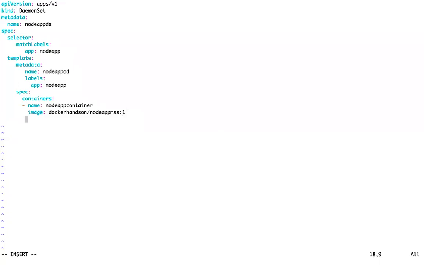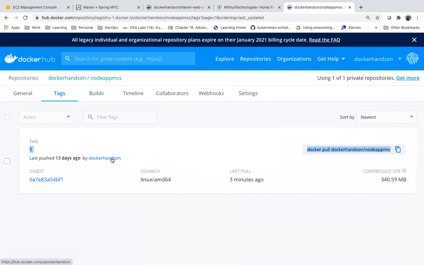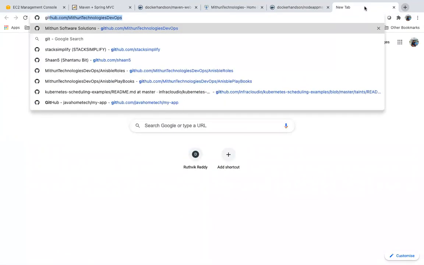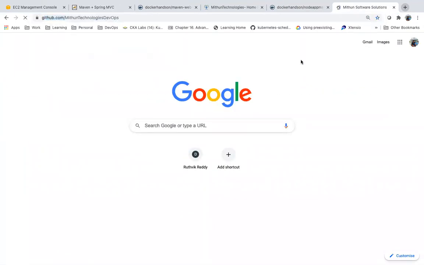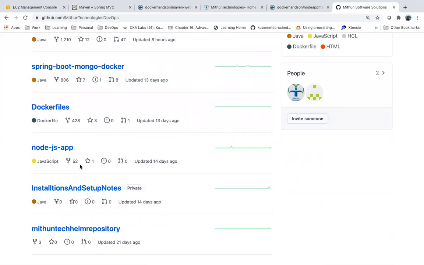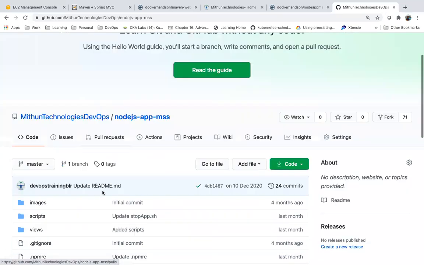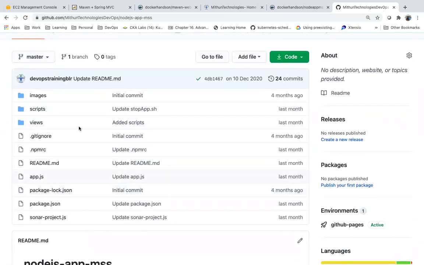The port, I don't know what port we used in that one when we created it 13 days ago. I think for this node-app-mss, they have hard-coded the port.